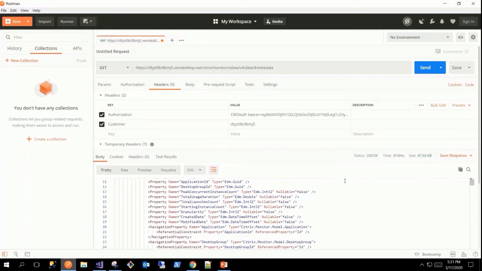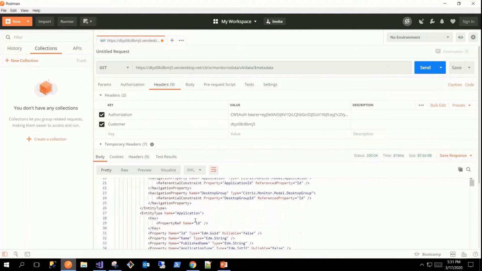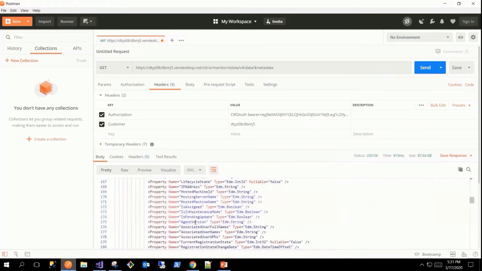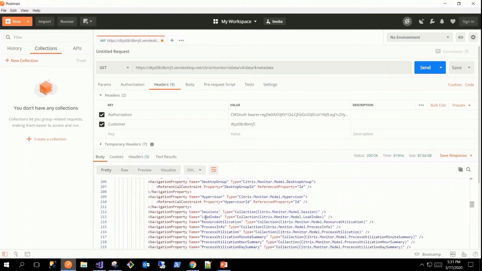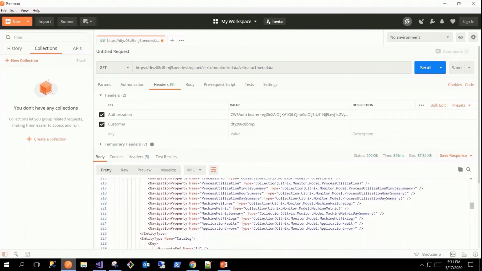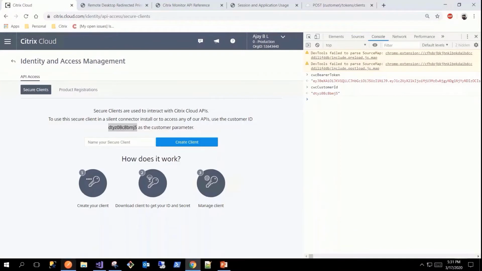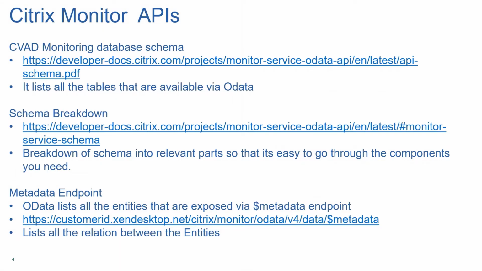Okay, and it has passed, and it has listed something. I see some tables which are listed with the columns. Currently, it doesn't make that much sense, but we'll come back to this later. What you did just now is fetch the tables that are exposed from this API, as well as how to call this API from your client. Currently, I use Postman as a client. So let's go to the next.